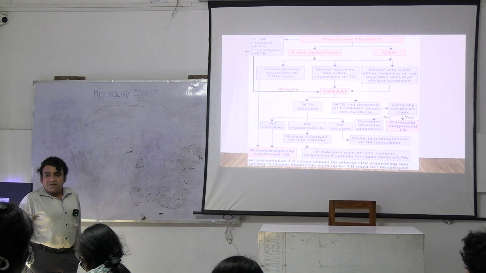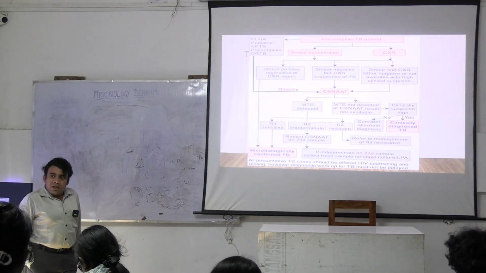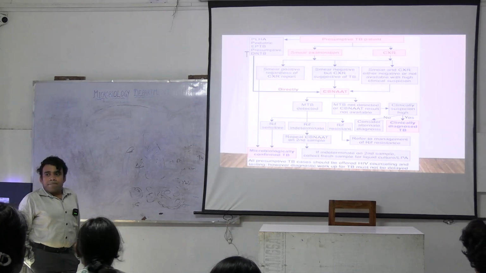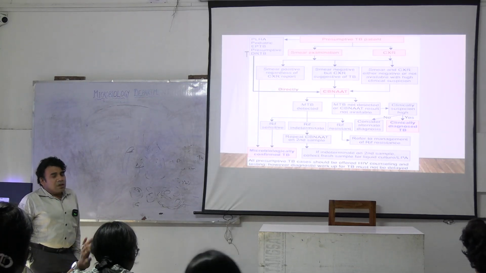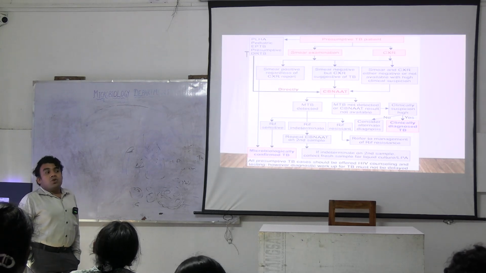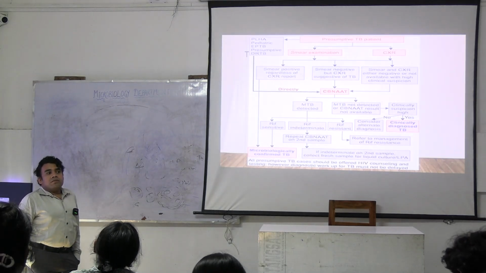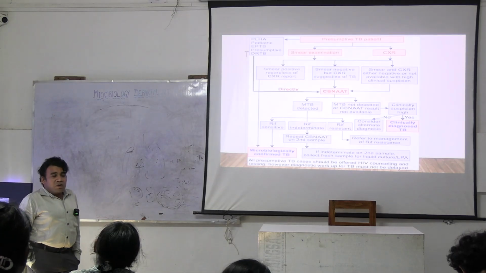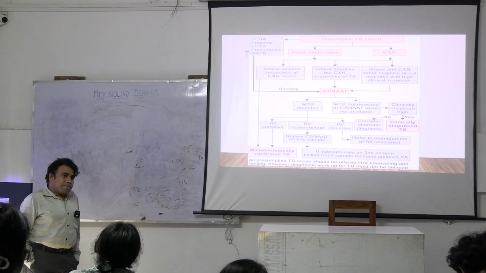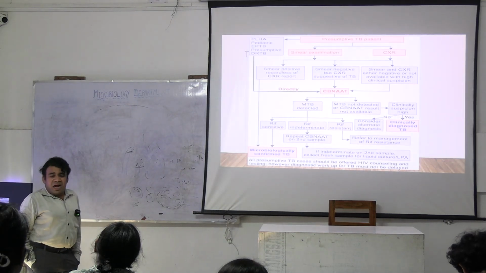Tubercular bacilli is an intracellular bacilli. Which part of the immune system will it trigger? Cell-mediated immune system. Cell-mediated immune system will release cytokines. These cytokines will lead to fever. What type of fever? Unlike a normal infection, it will not be a high rise fever, it's a low grade fever with evening rise, and this will go on